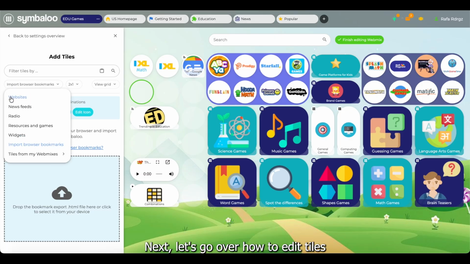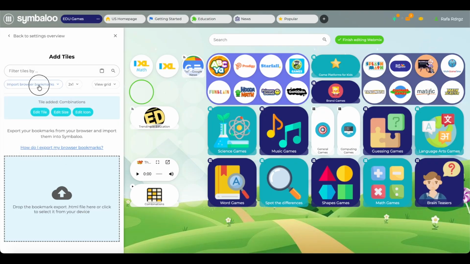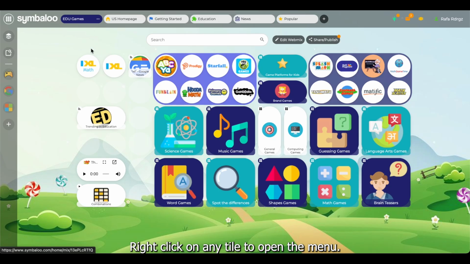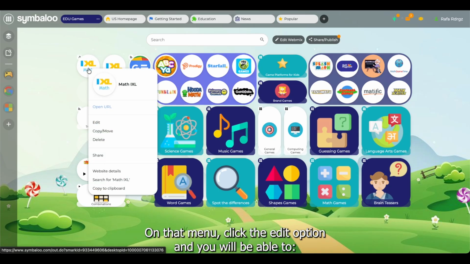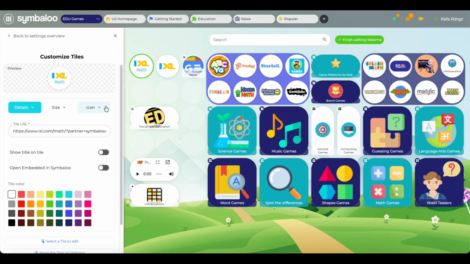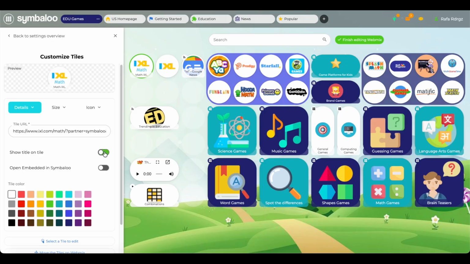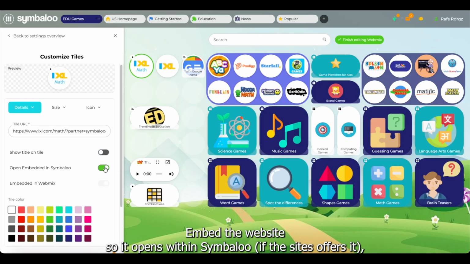Next, let's go over how to edit tiles you've already added. Right-click on any tile to open the menu. On that menu, click the Edit option, and you will be able to edit the name of the tile, show or hide the name, embed the website so it opens within Symbaloo if the site offers it,